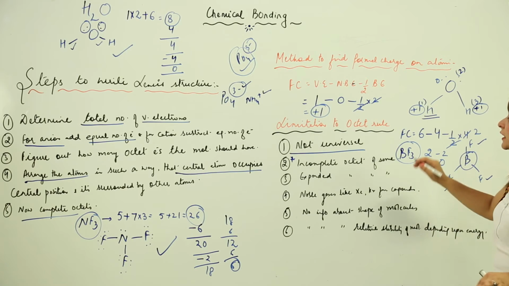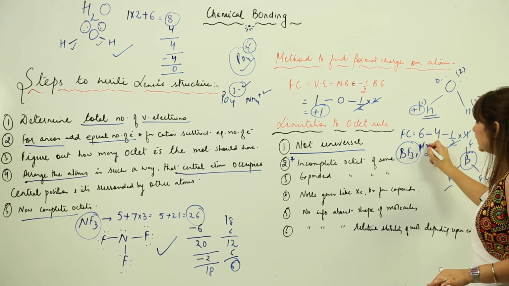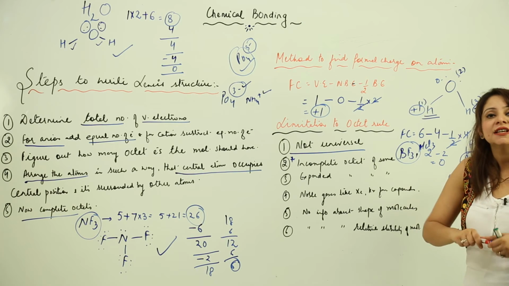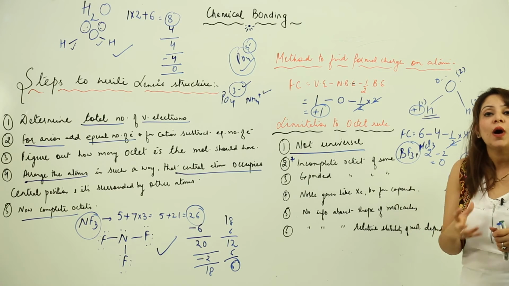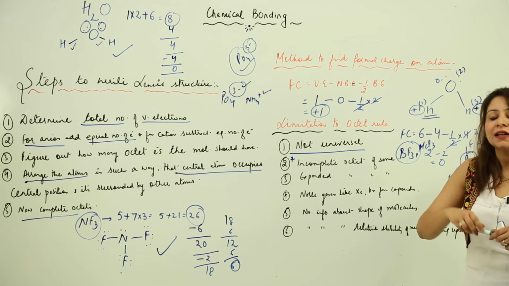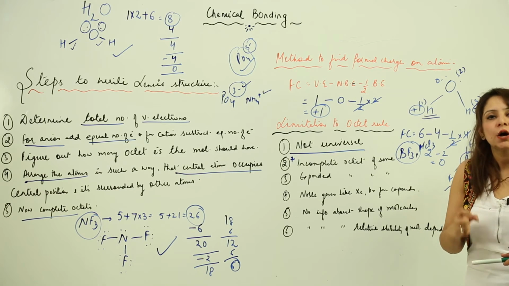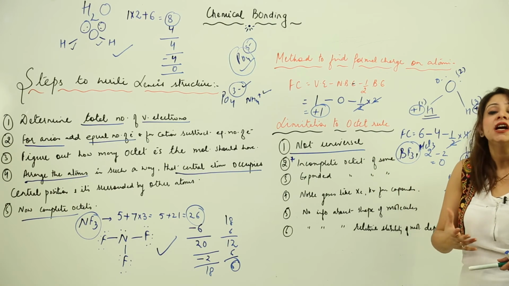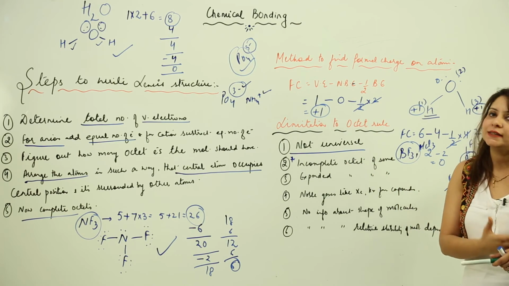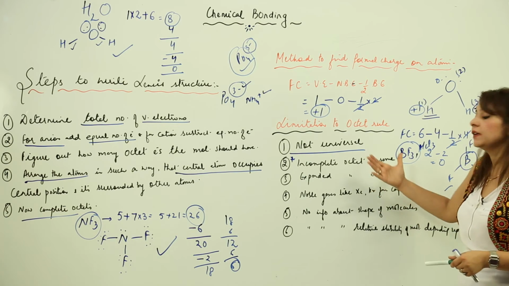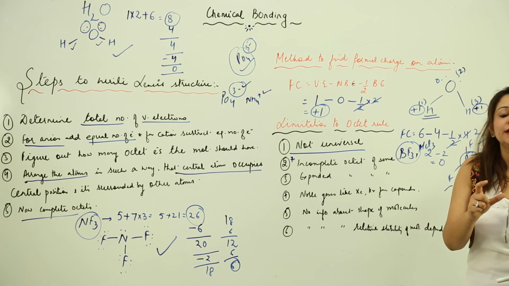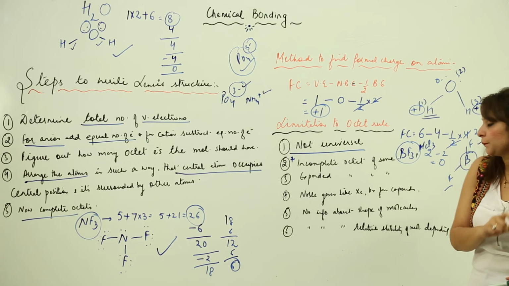Likewise, we have an example, AlCl3. In these cases, the central atom hasn't acquired the octet. That means it doesn't have 8 electrons in its outermost shell. According to the octet rule, the atom when it's combining should possess 8 electrons after combination. But there are certain molecules which do not possess the octet, particularly we are talking about the central atom.